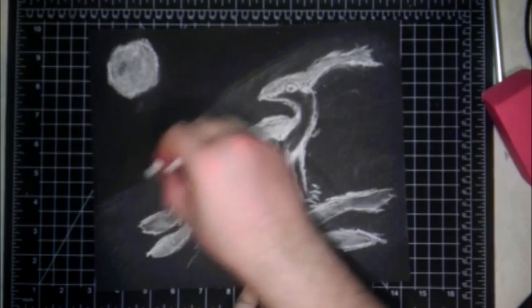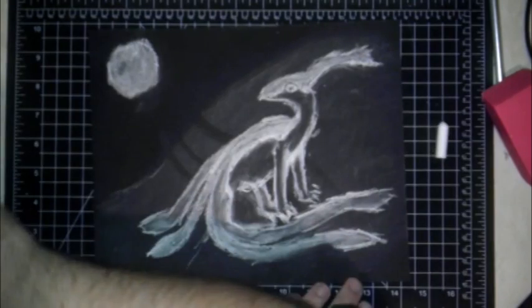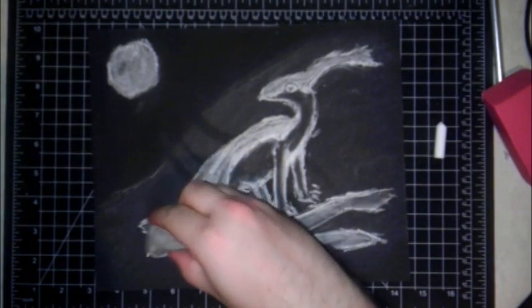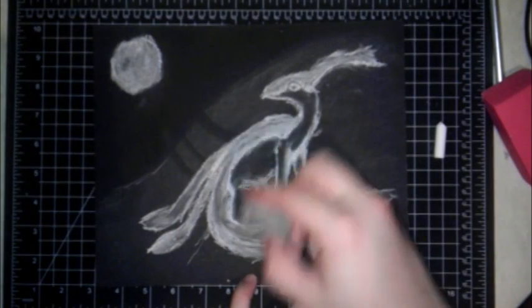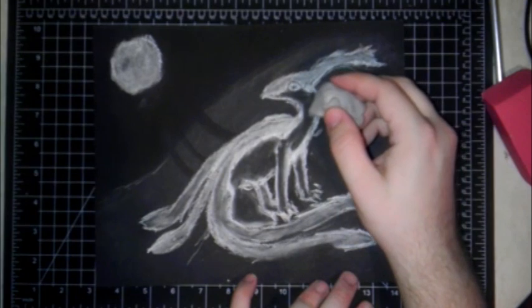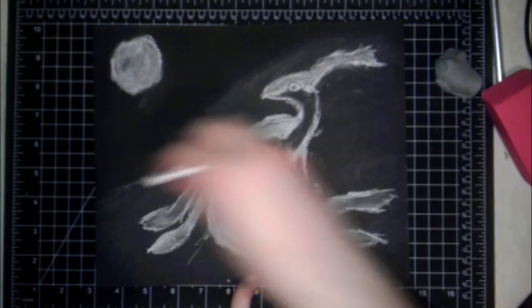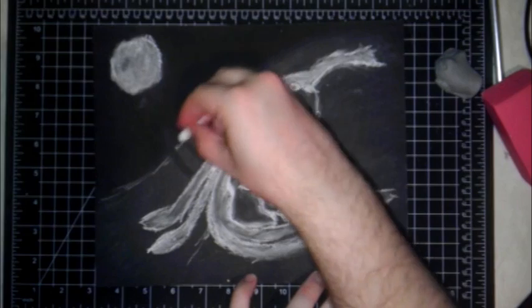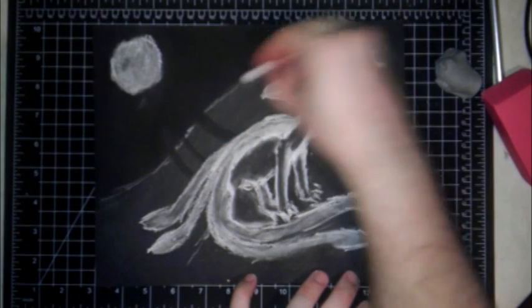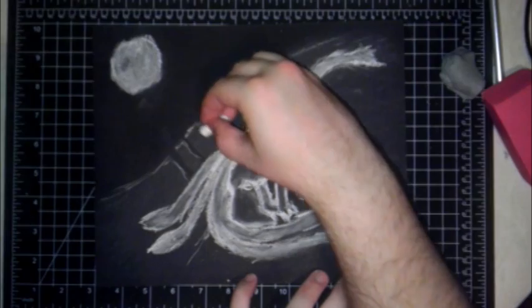In terms of what I'm going to do now, I'm going to try to spend the remaining minutes trying to wrap this up to the best of my abilities. I think I have the creature done sufficiently well. I might do little bits of detail here and there, but I figure I've done it pretty decently for what I'm wanting for now, for just doing a quick little drawing. So I'm basically going to spend the next little while trying to wrap it up. Maybe, as you can see here, adding a little bit of emphasis to some lines.